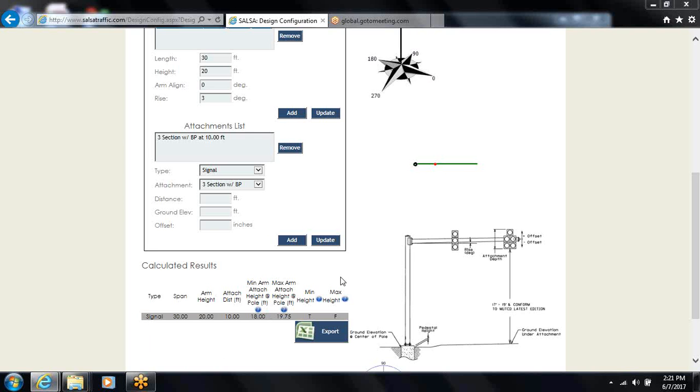What this information tells me is that I have a range of where the arm can be that this signal will work between 18 and 19.75 feet. And then it tells me if it is above the ground, if it meets the minimum requirements and the maximum requirements. It is telling me that it's not meeting the maximum requirements. The reason for that is I violate this 19.75. My arm height is at 20 feet, which is above 19.75,